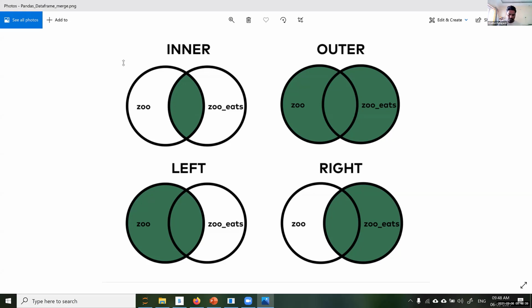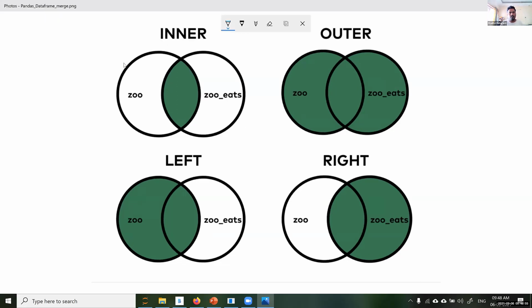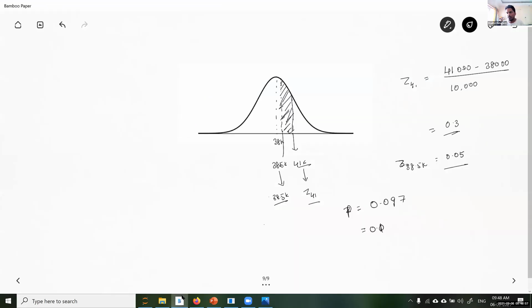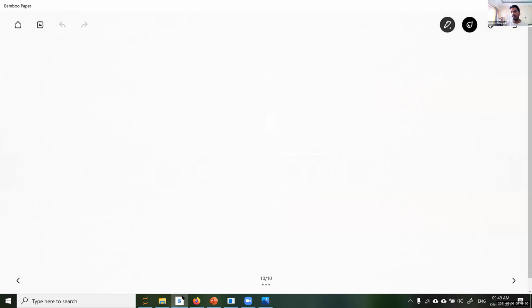I'll show you with a simple example how this works. And go back and do it after the class again on the data frame, with any data frame examples you have taken. Right? So I'll take one data frame, D1. I'm saying user ID. I hope you can see my screen on the whiteboard. User ID and payment.